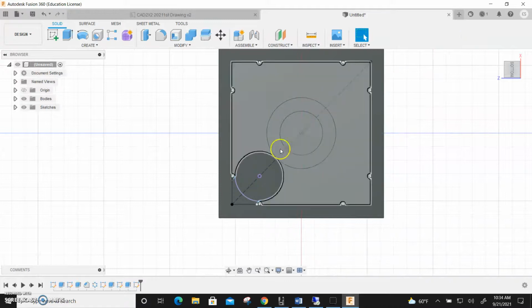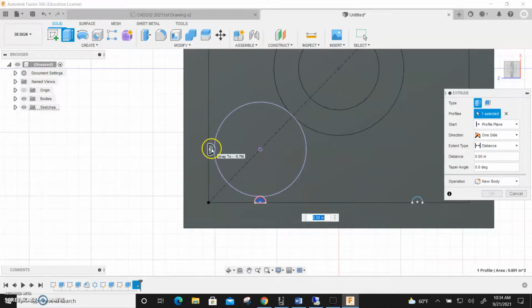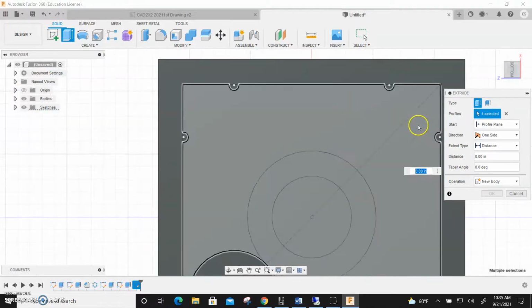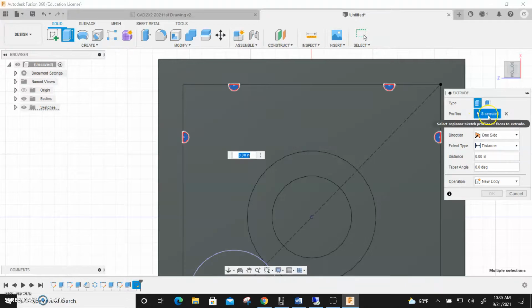All right. So now I'm going to go and I'm going to extrude these. So I'm going to extrude that one, and that one, and that one. Might be an easier way to choose these, but I don't know it, so I'm just going to do some hard work, I guess. Alright, so I selected 8 fins. I'm going to join them,